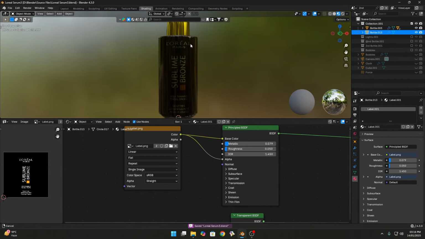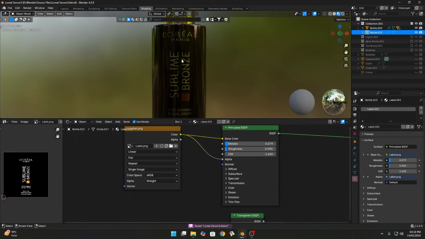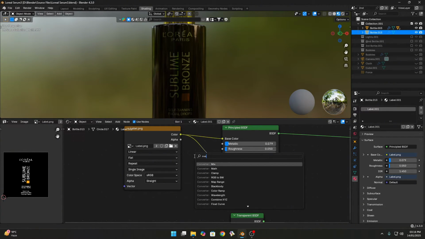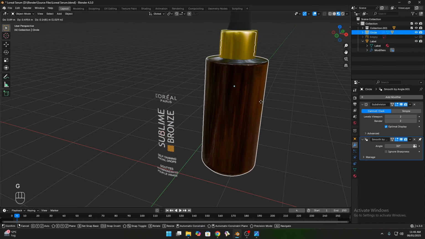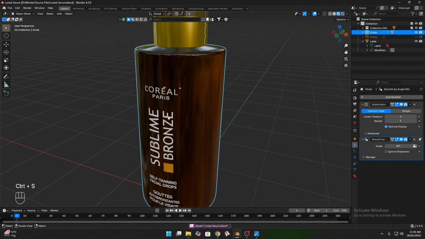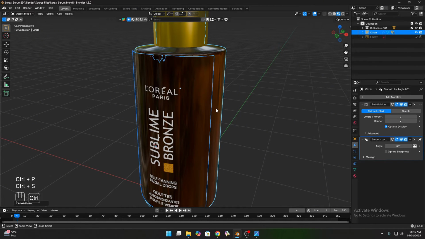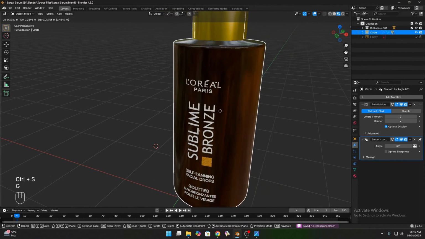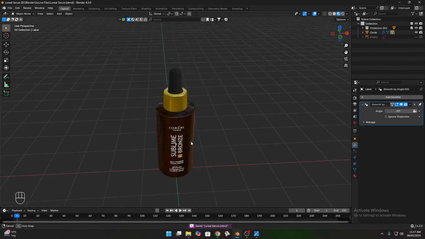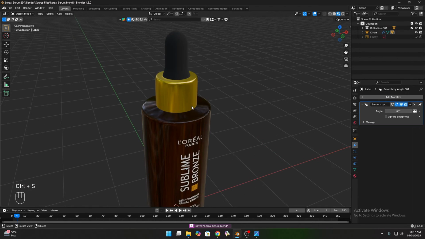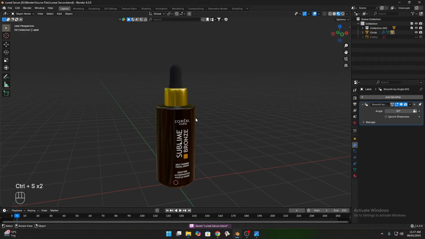That's it. And if you have any label with a white background, just press Shift A and add an invert color node. Search for invert color and put it between these two. So right now, if we move the bottle, the texture does not move with it. So select the label, select the bottle, press Ctrl P and keep transform. So if now the bottle moves, the texture also moves with it. So our texture part is also complete. Let's move on to the final part where I explain about lighting and how we render this.